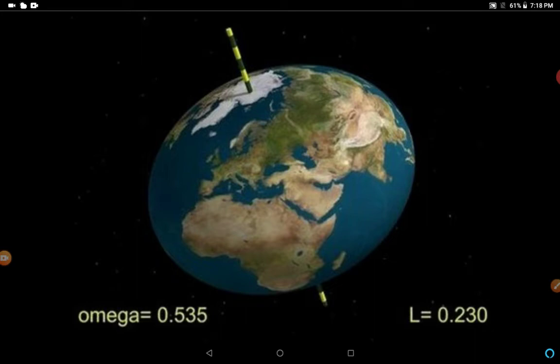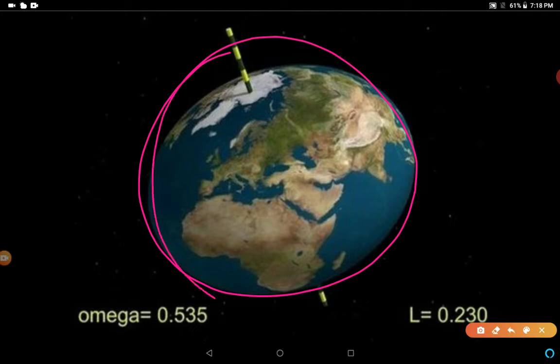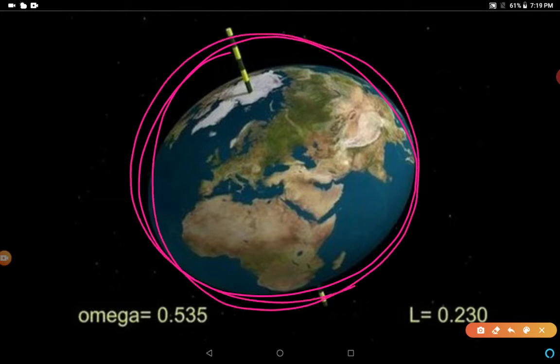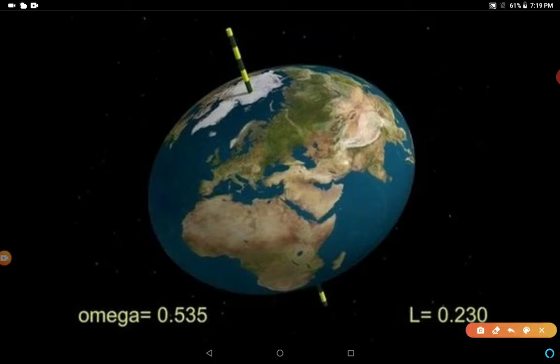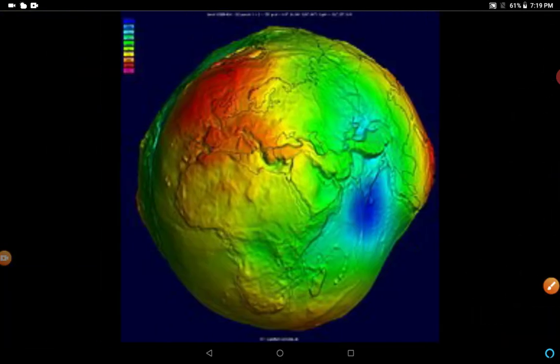In the previous chapter, you have read that our planet Earth is not a sphere, or exactly we can say that it is not round like this. So this shape is round, but we are seeing that Earth is not round, it is like this, flattened on the north and south pole. So this is the real shape of Earth. It is slightly flattened at the north and south poles and bulges in the middle. Let's see how it is, like this.